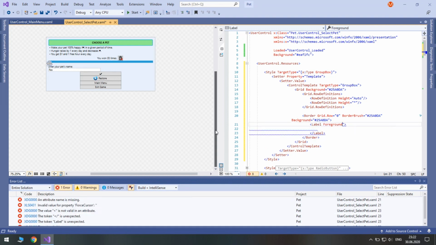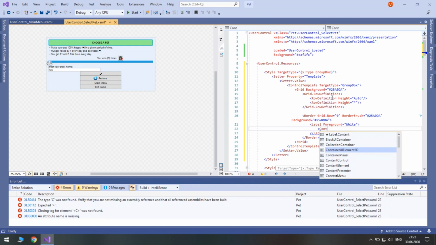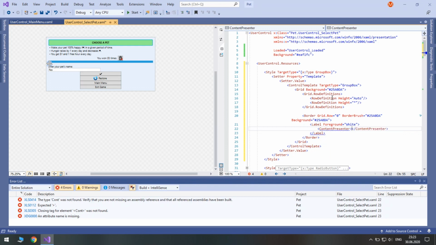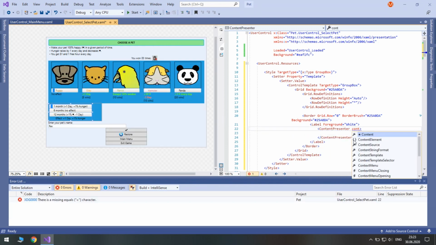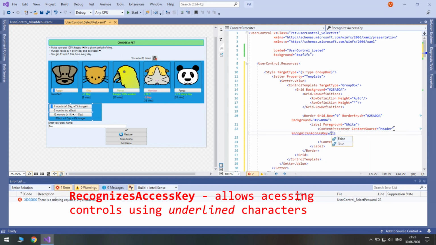Its foreground is going to be white. Inside of it we will place a ContentPresenter. Its ContentSource is going to be Header. Set RecognizesAccessKey to true.